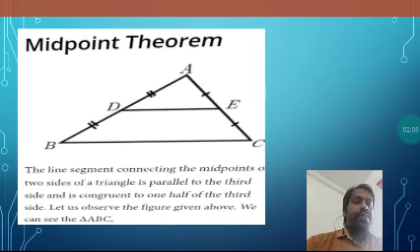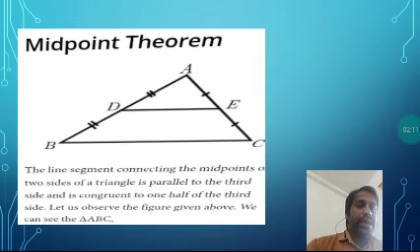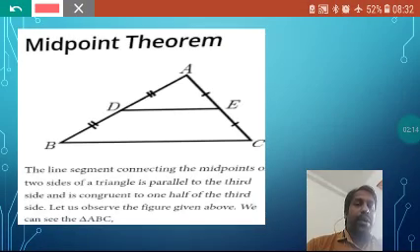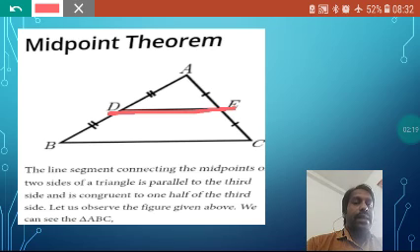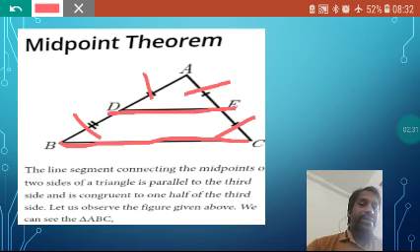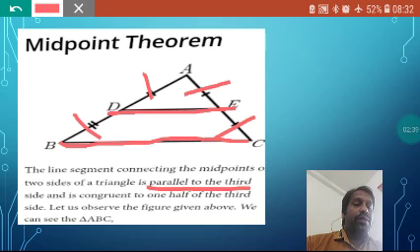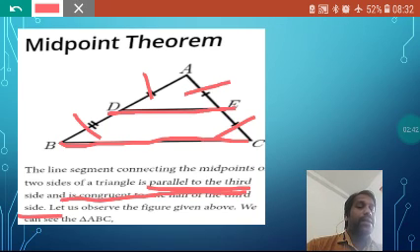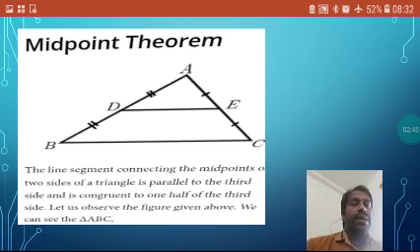Okay, so here it is. See, in this also we'll see the midpoint theorem. These midpoints are joined here, then this is parallel to this BC. These sides are equal, that's why D is the midpoint of AB. These segments are equal, that means AE is equal to EC, so E is the midpoint here. So in this way, see here also the same thing: parallel to the third side and congruent to one half the third side. Okay, so this is your midpoint theorem, and I made one video, so I would like to share this with you.